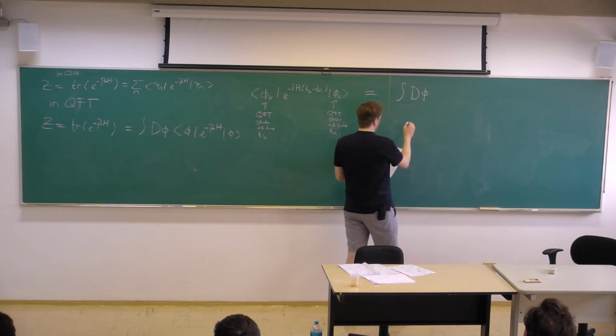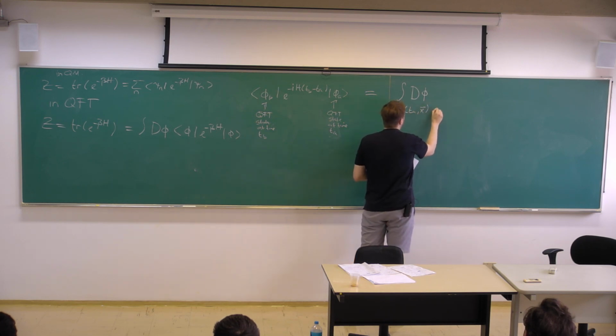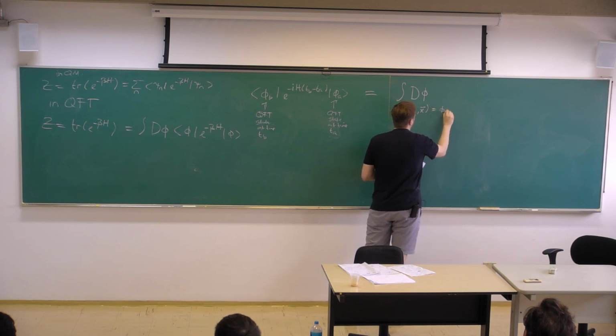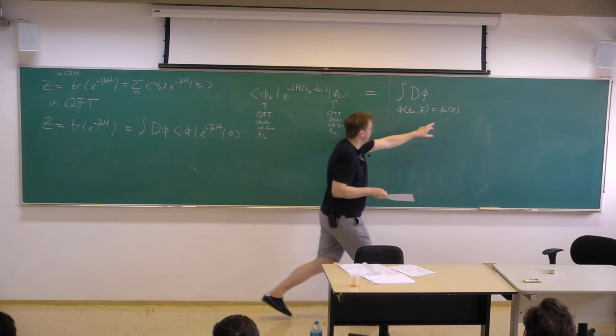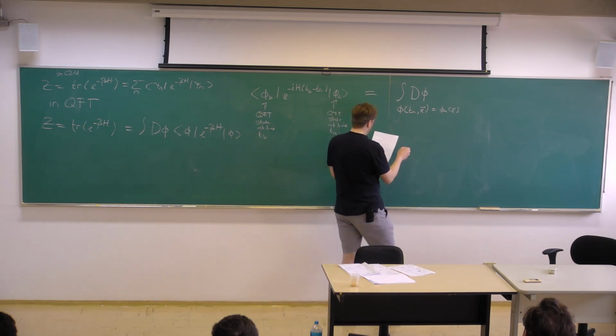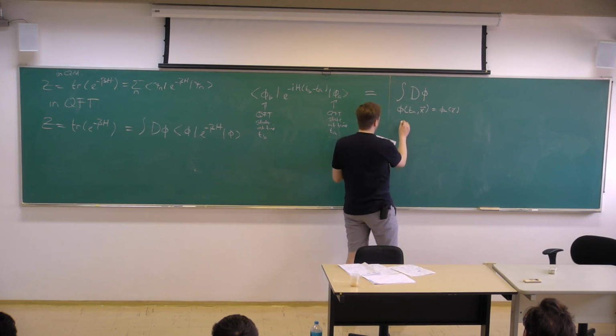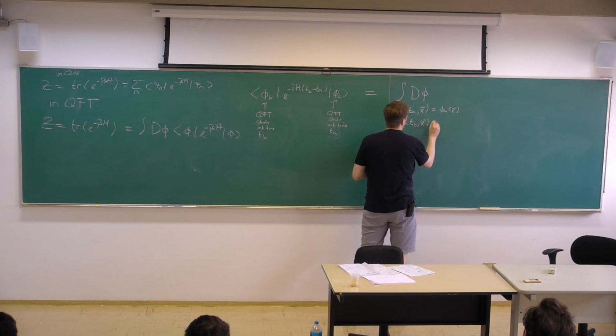But now they have boundary conditions, and the boundary conditions are that phi of tA, x is this configuration phi A, the classical field configuration that corresponds to this state, and phi of tB, x